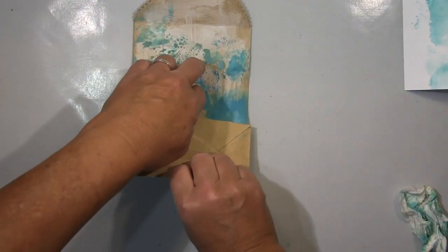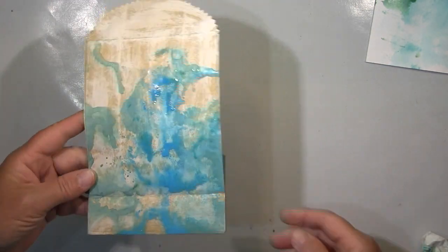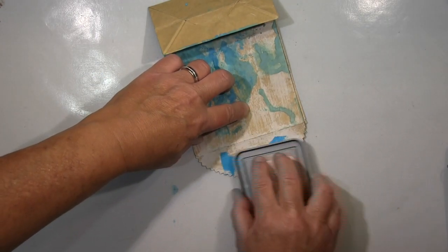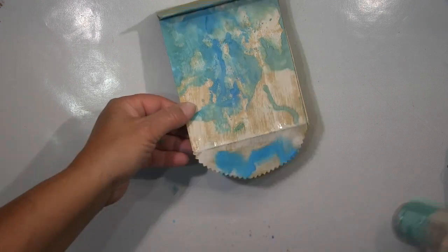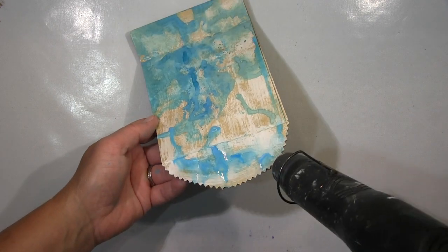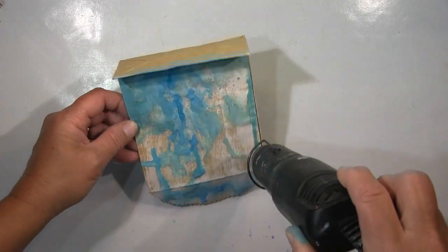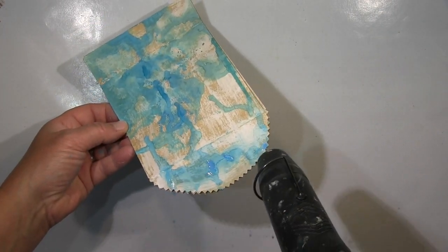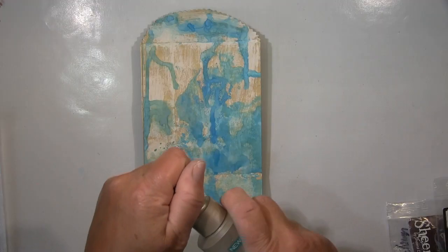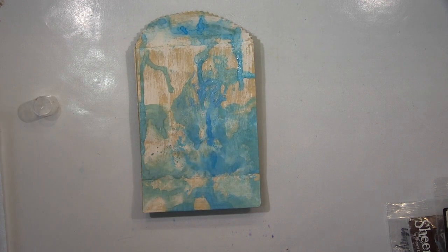You can see I put some gesso on top of that bag, and now I start with the distress oxides, and what I do, I put them on my craft mat, spray water on top, and then I dab that substrate, in this case the paper bag here. And I do that as long as I'm happy, when it's just a feeling. You can stop earlier or later, whatever. When you think that looks fantastic, stop it. And I used here different greens and blues, great for a maritime theme. So at the very end, when everything is dry, I spray water on top and let it sit and dry